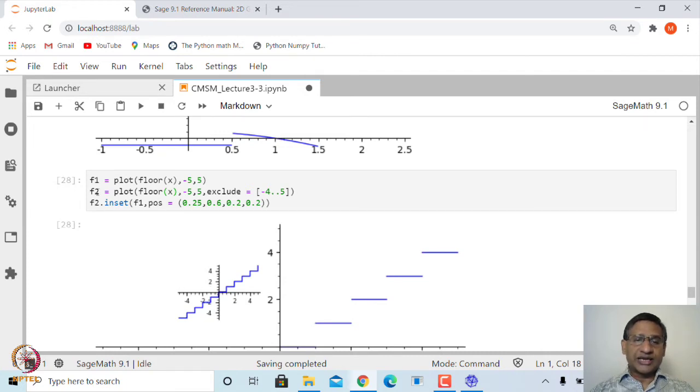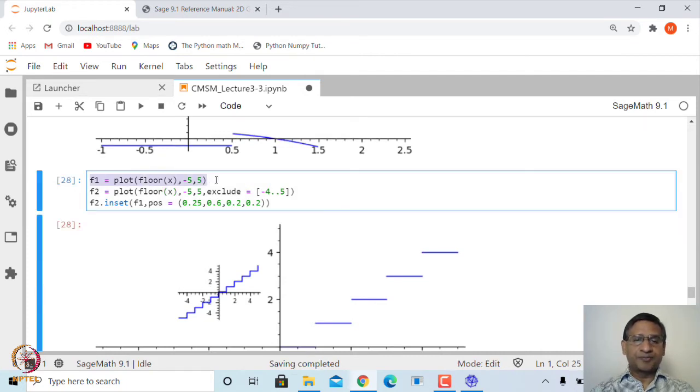So, what is that? This is the graph of the floor function, floor x from minus 5 to 5, and f2 is the graph of the floor function from minus 5 to 5, and with this condition f2 excludes the integer points from minus 4 to 5. That is why you do not see these vertical lines.